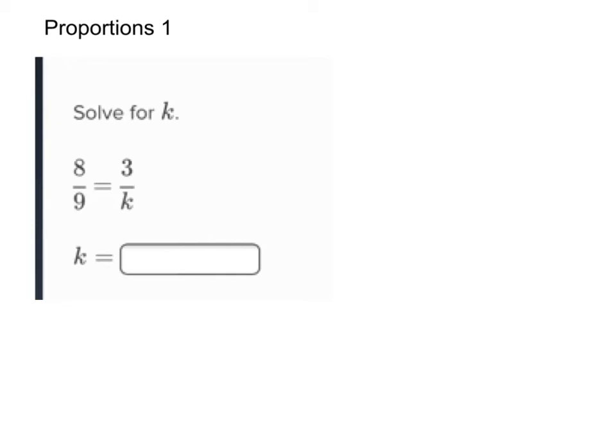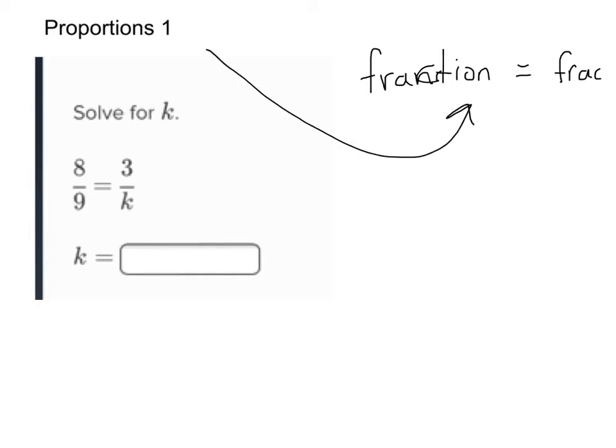So now in this video, what we're going to do is learn to solve a proportion. So how do I know I have a proportion? Remember, if you have a fraction here and another fraction here and an equal sign in the middle, then that is a proportion. Okay, a fraction on the left and a fraction on the right and an equal sign in the middle,